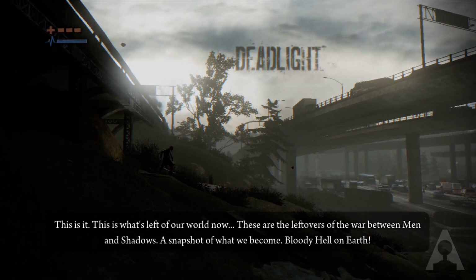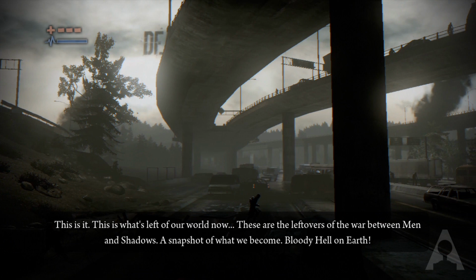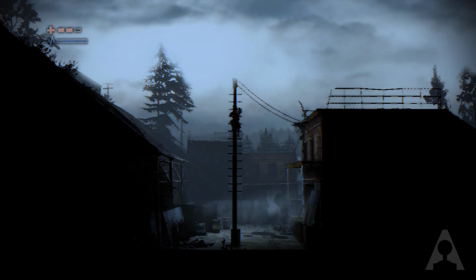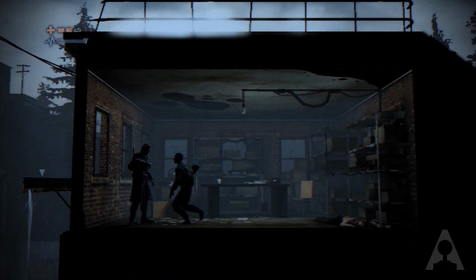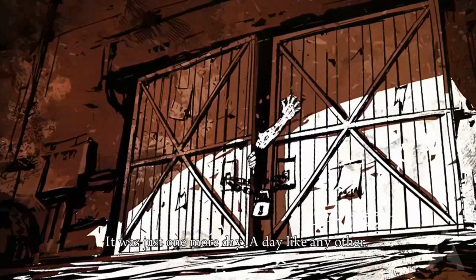Deadlight's story revolves around an alternate reality where the world was destroyed by nuclear war in the 1980s. The game itself takes place during 1986 in a post-apocalyptic Seattle, which happens to be infested with shadows, which are more or less zombies. Deadlight is a 2D game set across a 3D backdrop, and it's similar to games like Shadow Complex. Deadlight has an interesting story that is told through the eyes of Randall, who is the main character